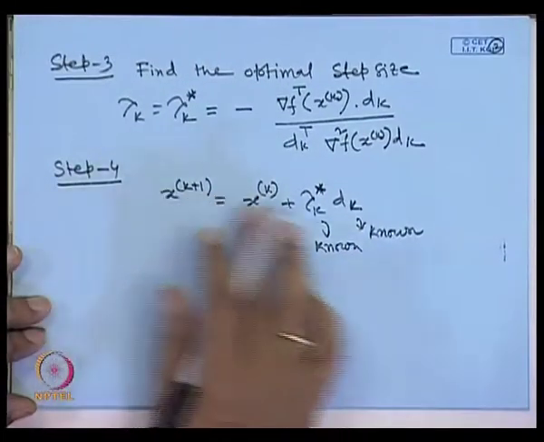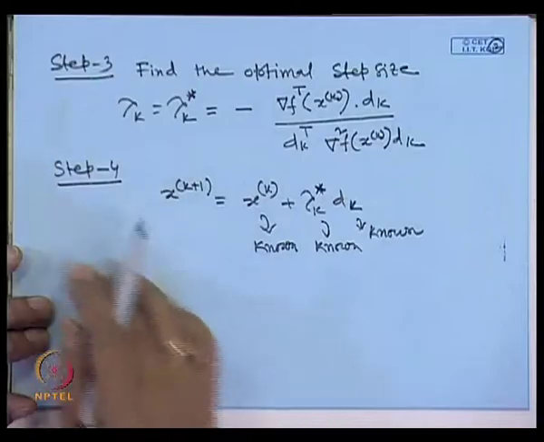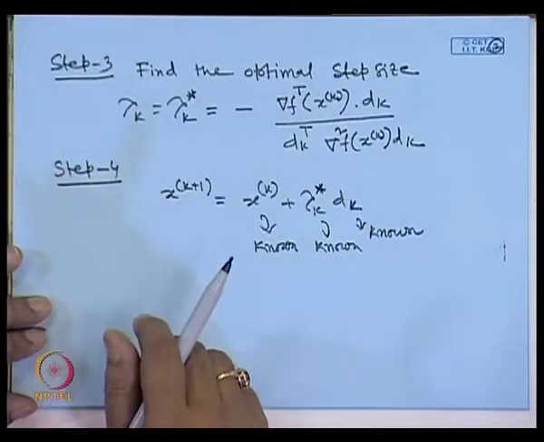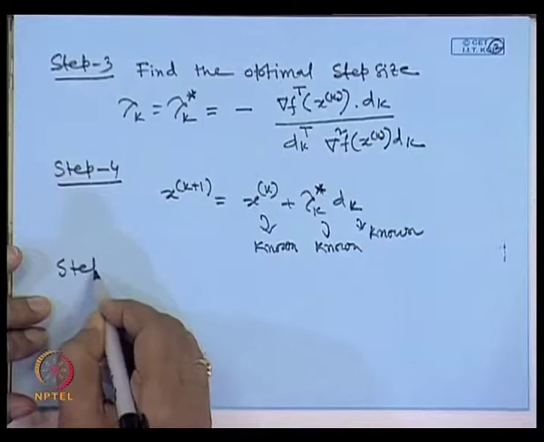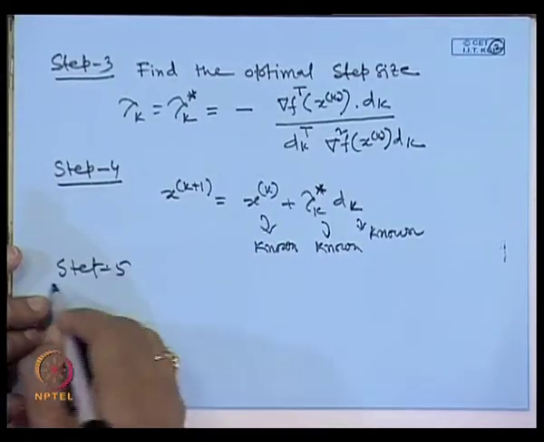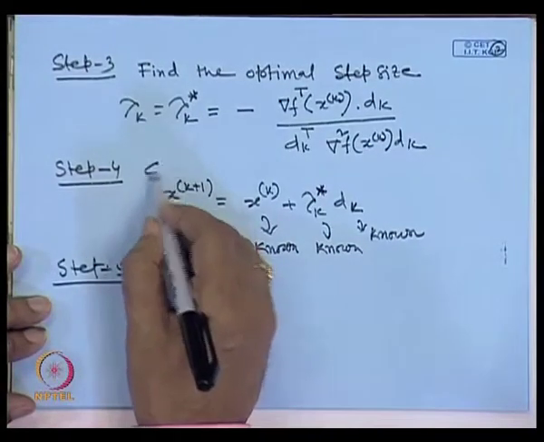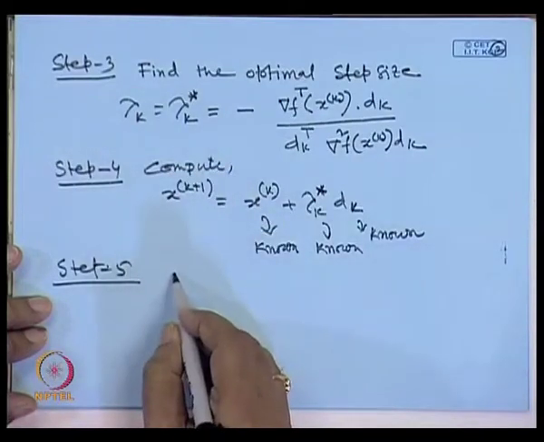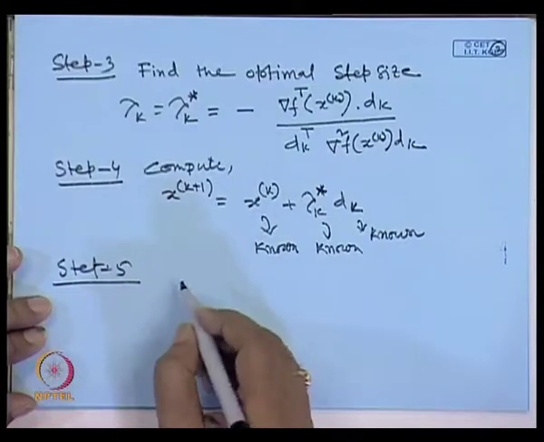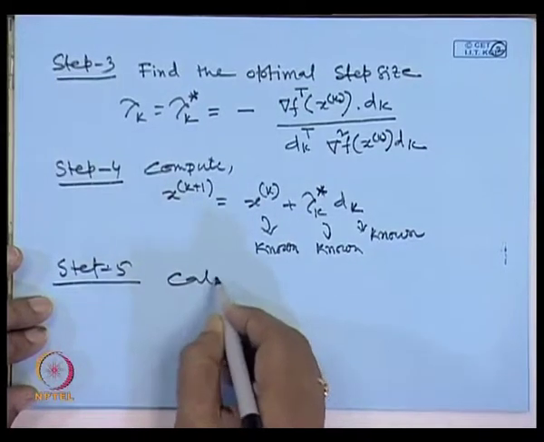So, you know the k plus 1th iteration value of the decision variables. This way you have to repeat this process. Then when will you stop this process, which is the iterative process? When will you stop it? Step 5, compute,